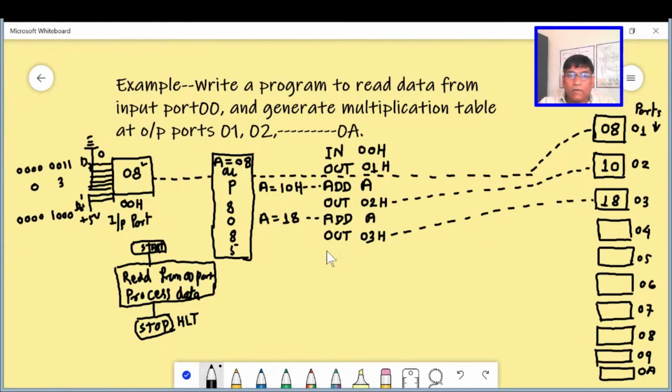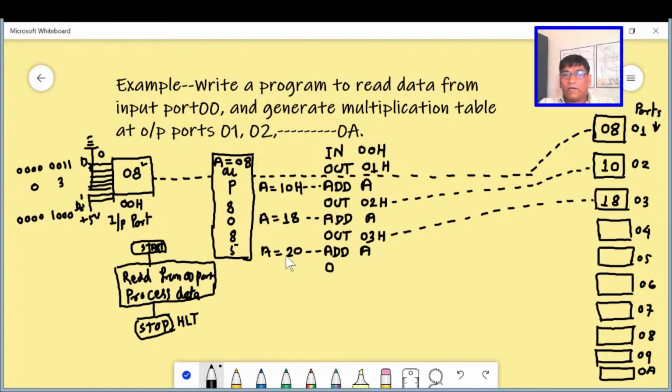Now the logic is clear to you. Again we have to add A. After adding this, if 8 is again added, what is the accumulator content? 18 plus 8, we will have 20. 20 is what? 16 into 2 is 32, and 0, so it will be 32.